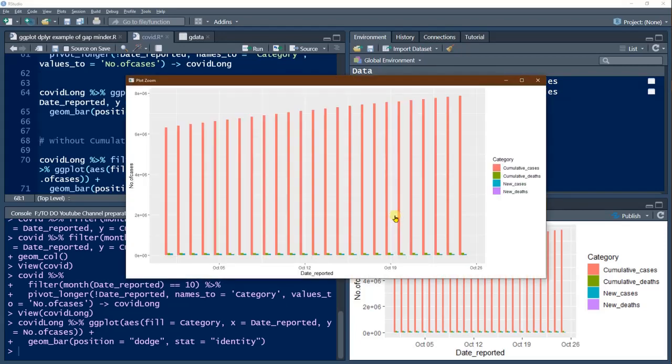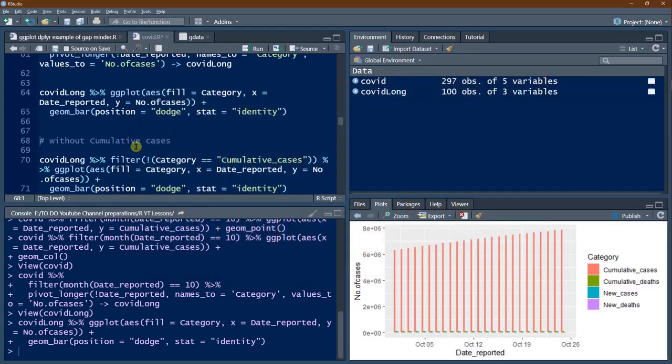Now we are having a proper bar graph, but the problem here is the scale. You look at this. These three are all very minor when compared to the cumulative cases. So it is better to visualize these three only without this. We will do that here. How? We will say filter except category cumulative cases.